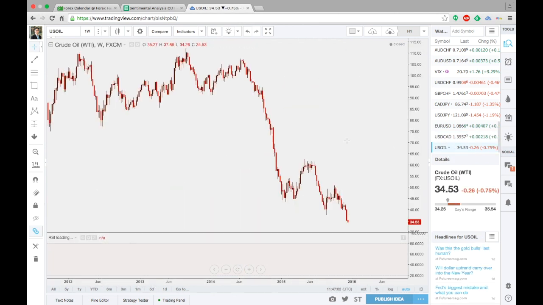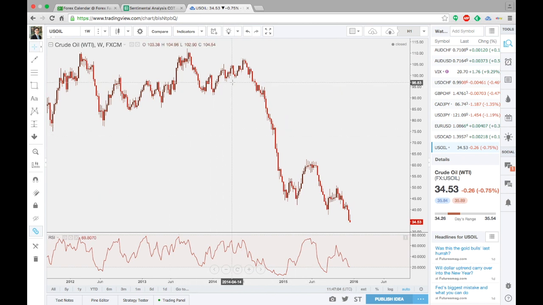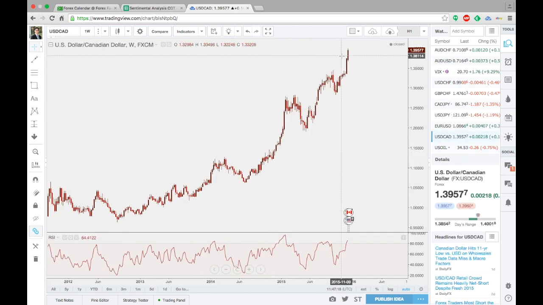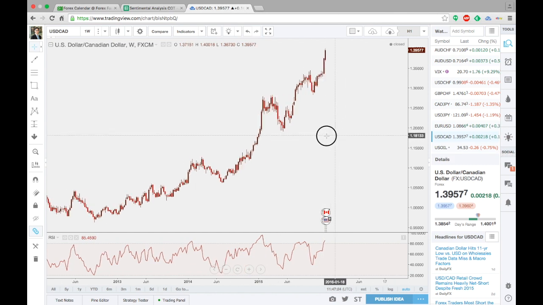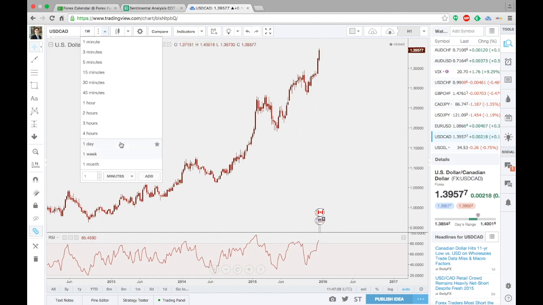If I bring in the oil chart itself, you can see it was previously above $100. Currently it's trading just above $30. Are we expecting the price of oil to drop further, or even the Canadian dollar to go further up? Well, I wouldn't say a definite yes, but the chance of it continuing in its trend is pretty strong. So what we're looking for is